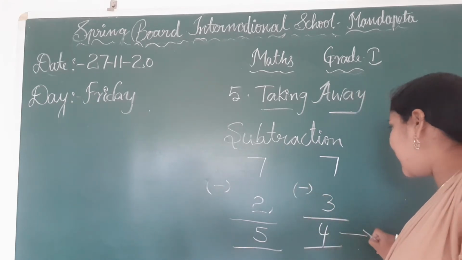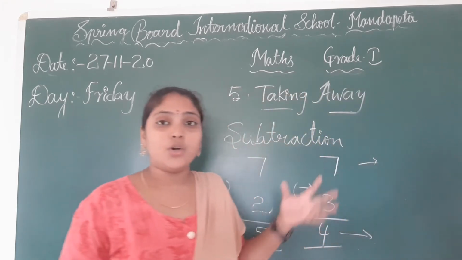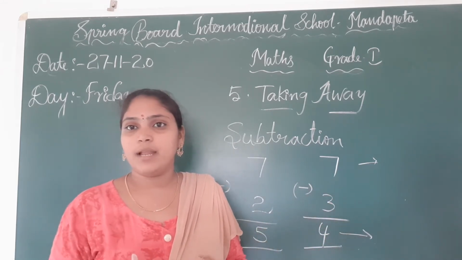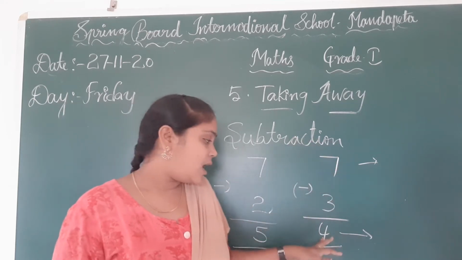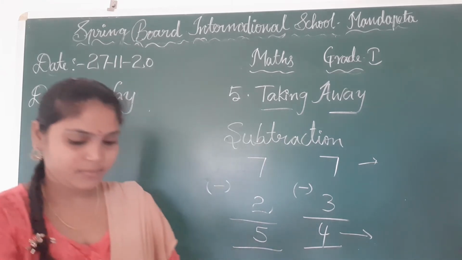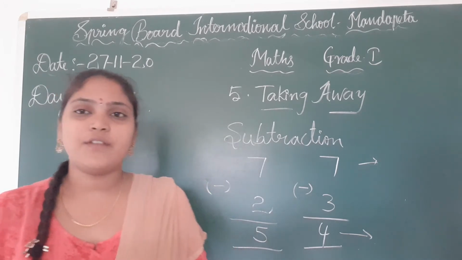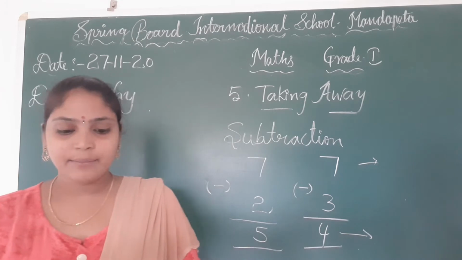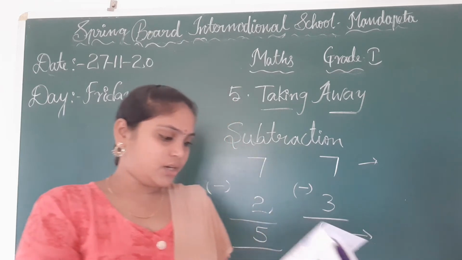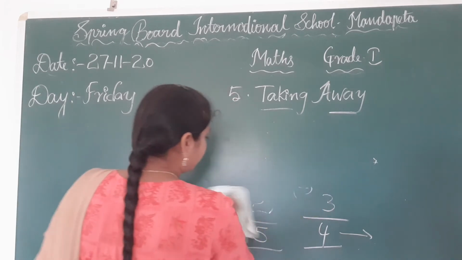Is it less than the given chocolates, or more than the total chocolates? In total I am having 7 and I gave my friend 3, which means the quantity becomes less. First of all I am having 7 chocolates, but now I am having only 4 chocolates. Okay. When we take away something from a quantity, it becomes less. Okay, children, you have to do the subtraction like this. And open page number 68.